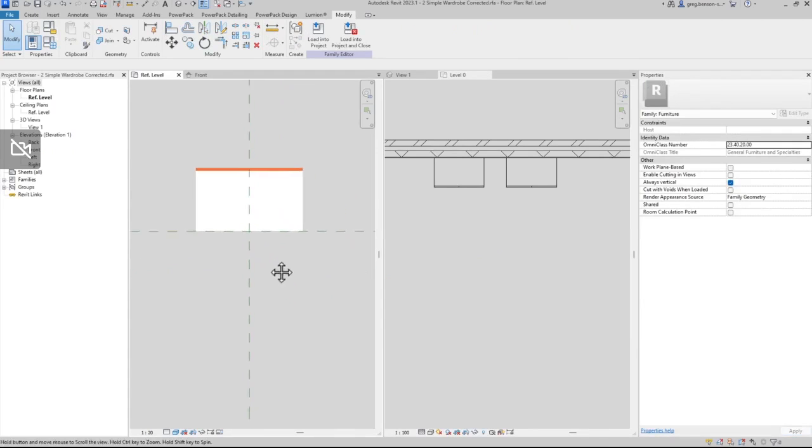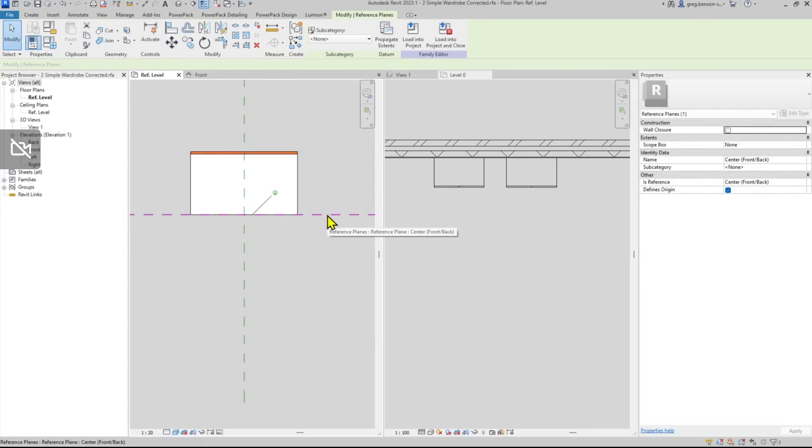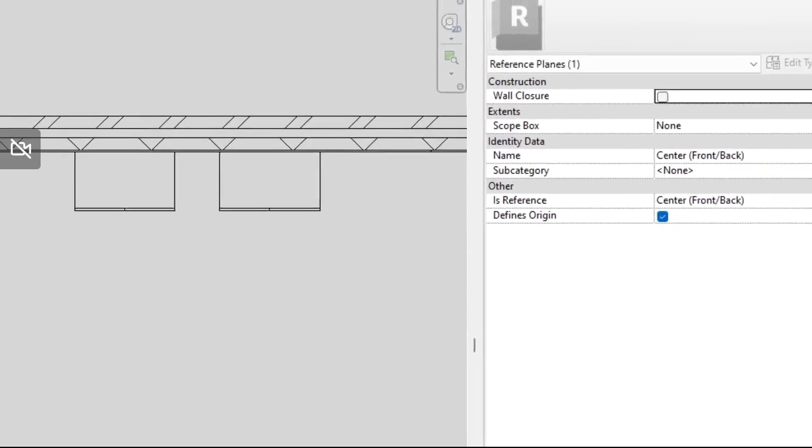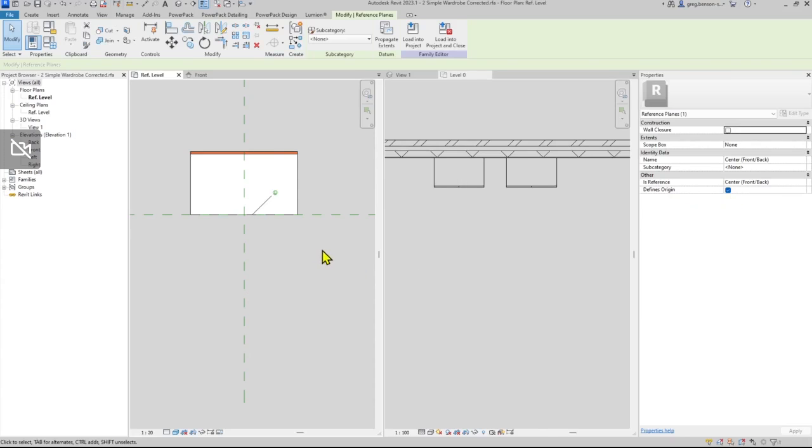Now, when we're back in the family here, if I select this line, we can take a look over in the properties palette, and one of the parameters that's available in the properties palette here says defines origin, and you can see that there's a tick here. So there'll be one for the horizontal line and one for the vertical line, or the X and the Y line if you like. And so if I select this one as well,